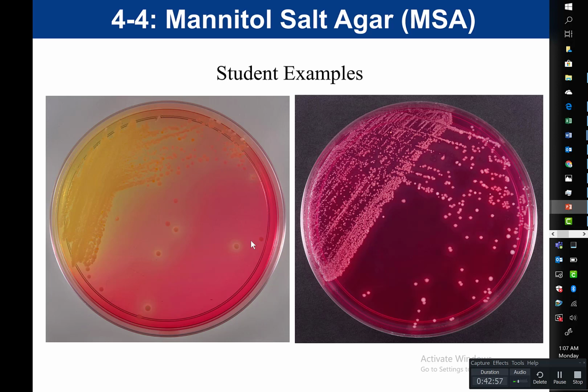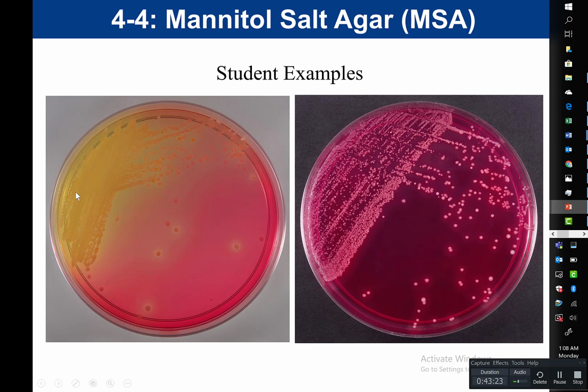There are likely multiple types, and you're going to see that on a plate. And so that's why it's so important to streak for isolation, so that you can end up with these isolated colonies. And you can see this one has a yellow halo, this one has a yellow halo. So if I wanted to do future studies on this, I could have these isolated colonies, and that is one type of bacteria that's on that colony.